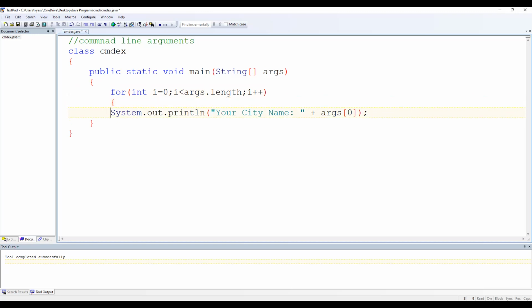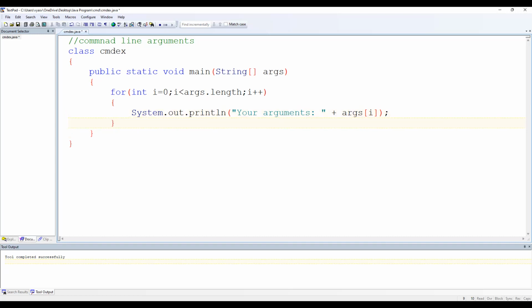Here in the System.out.println we are going to write "your city name" plus args[i]. Because this loop will continue n number of times, so in place of "your city name", let's write "your arguments",